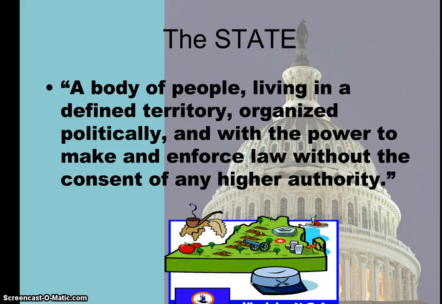So, you say, what in the world do you mean? Why is Virginia not a state? Virginia is not a state because it cannot enforce law without the consent of any higher authority. Certainly, Virginia has its own set of laws and is able to have some laws that differ from other states, but they cannot have a law that is bigger than or without the consent of the national government. So even if Virginia wants to do certain things, they still have to abide by the laws of the federal or national government, which makes it not an independent state.